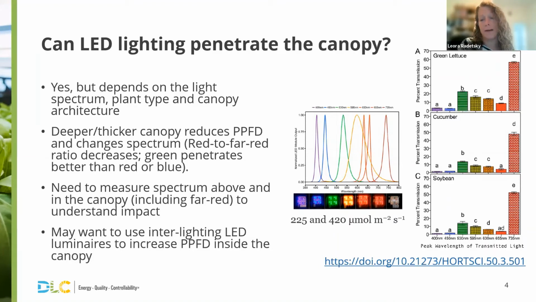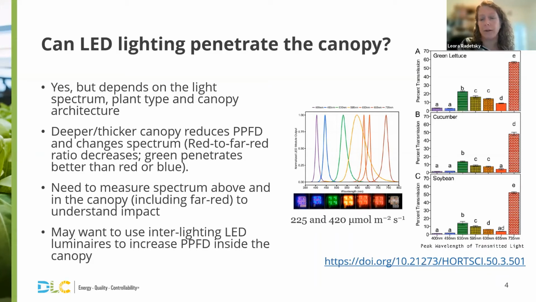So the nice thing about LEDs is that they aren't just point sources. You're mounting them closer to the canopy. They typically are much larger than the incumbent light sources. So you're spreading out the light a lot more. And in the future, we expect to see a lot more optimization on lens distributions and things like that, where you really can change the distribution of light much more so than you can for the incumbent technologies. But there is an effective spectrum.